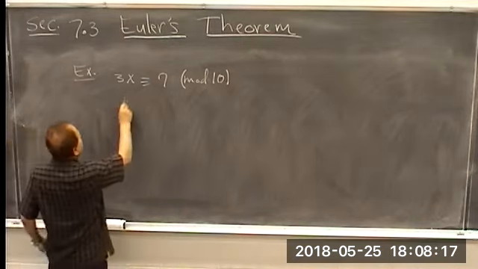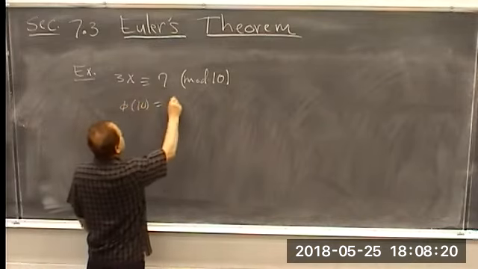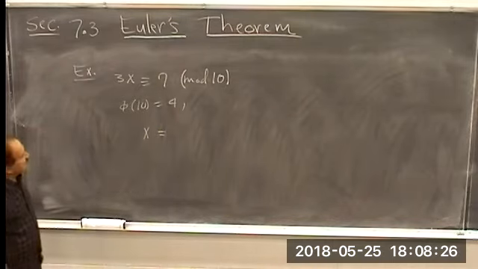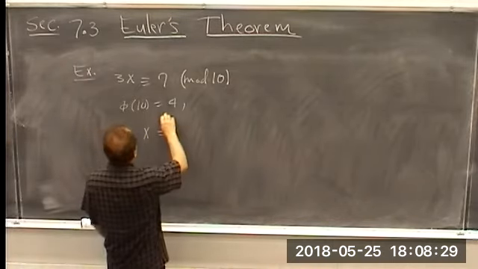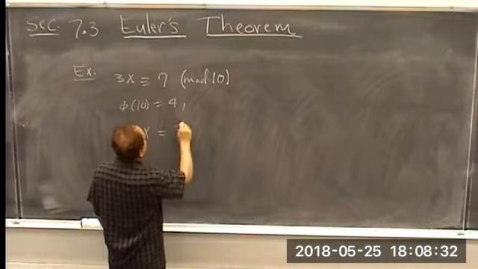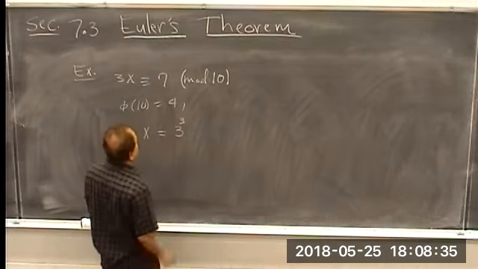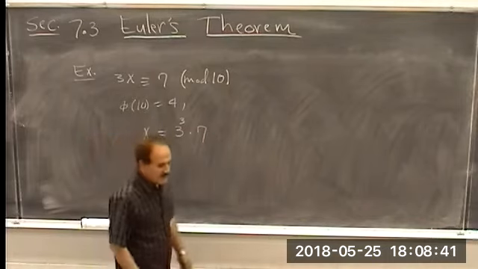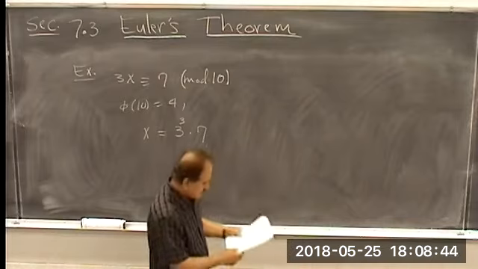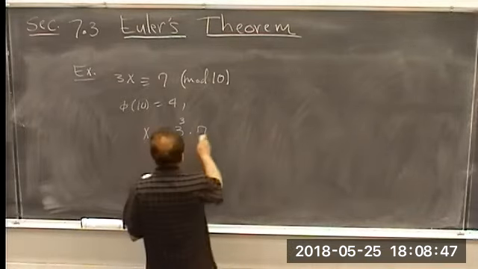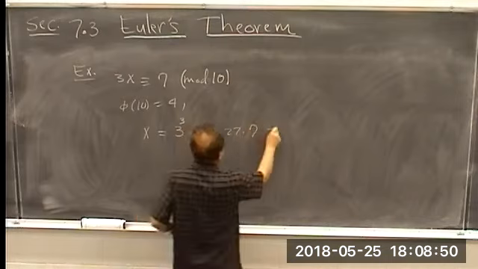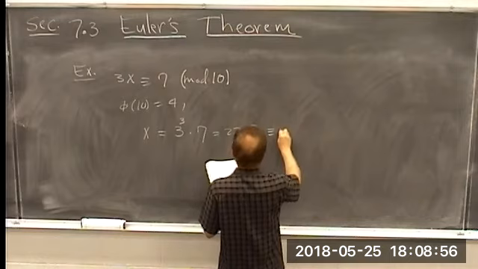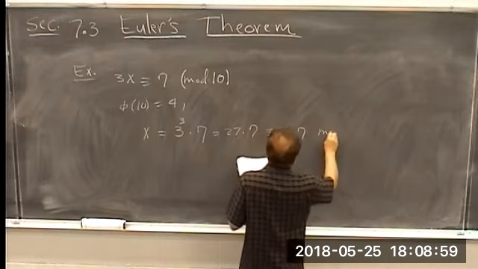All right, so we need phi of n equal to 4, and the solution x. Remember, it's going to be 3 to the third, which is 4 minus 1, multiplied by 7. All right, and we're going to, of course, reduce this mod 10. When you do the calculation in here, we come up with 27 multiplied by 7, and the 27 is congruent to actually 7 times 7 mod 10,